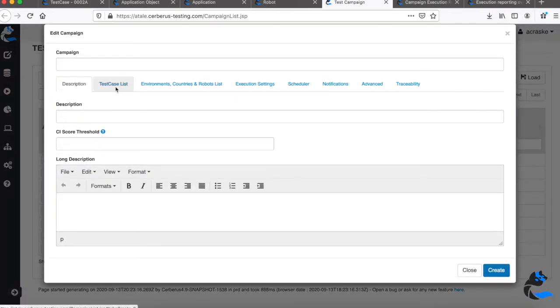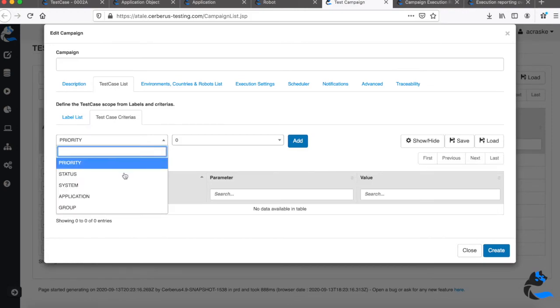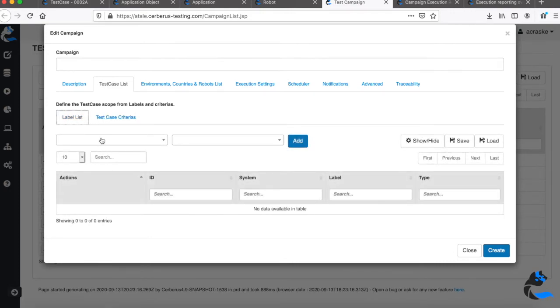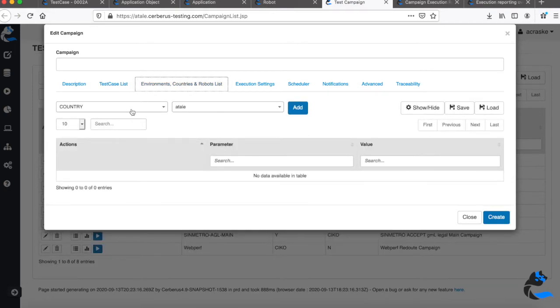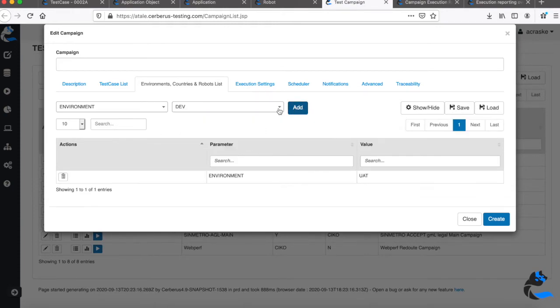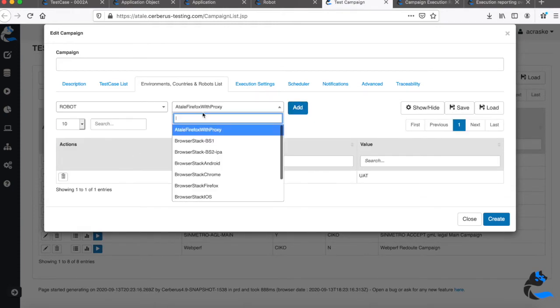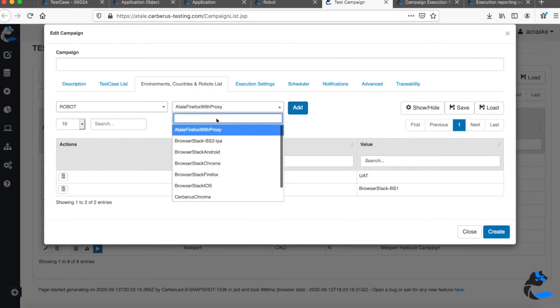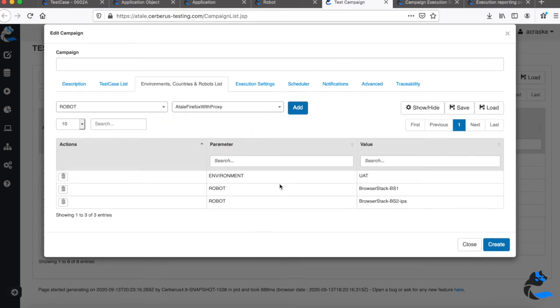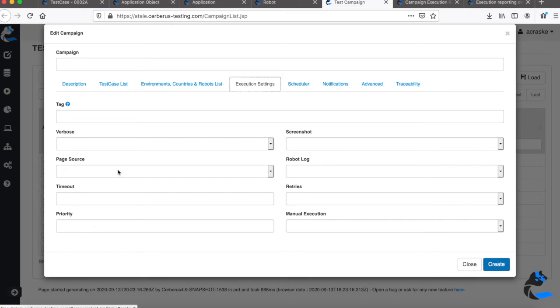The next feature you can leverage is the campaign. And here you can, for example, select your test case criteria, and you can select, for example, a specific use case or system under test. And what is interesting here is that you can, in the same way, run all the specific tests you have selected in a particular environment for a set of countries and on all the application devices you have configured, for example, on Android and iPhone. And you just need to define this once, and you can then use this in CI/CD or using the campaign scheduler we will see next.